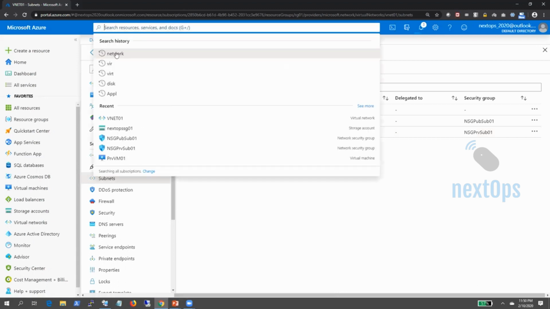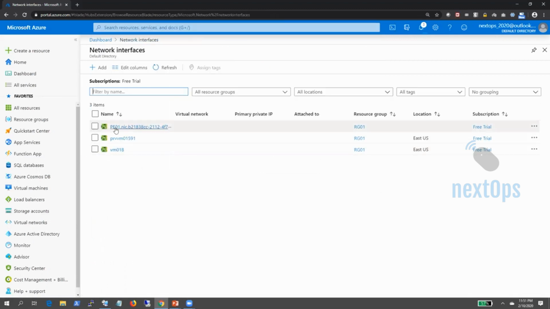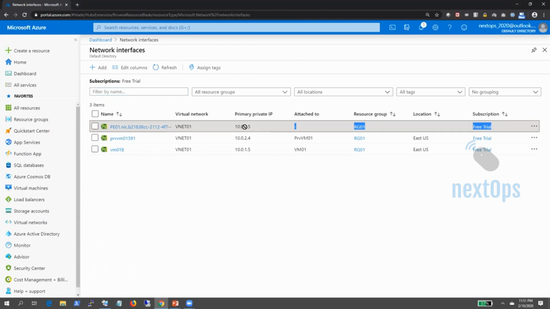Let's go ahead and see that now. If you see here, a PE01 interface has been added in the private subnet, because the 10.0.2 series belongs to the private subnet, and it is not attached to any VM like the other network cards. So once the deployment is completed,